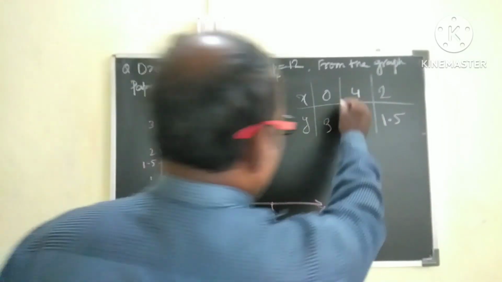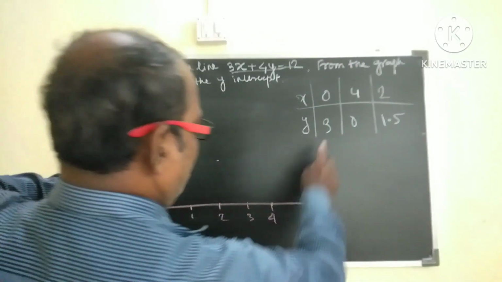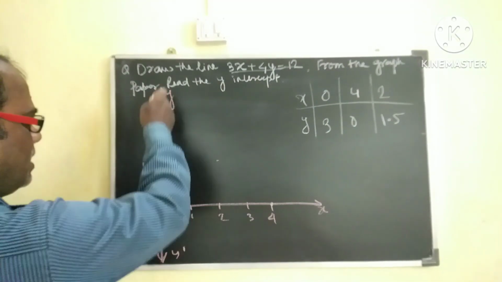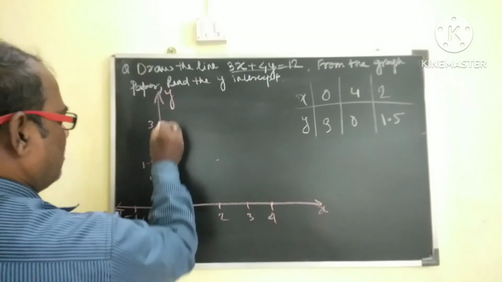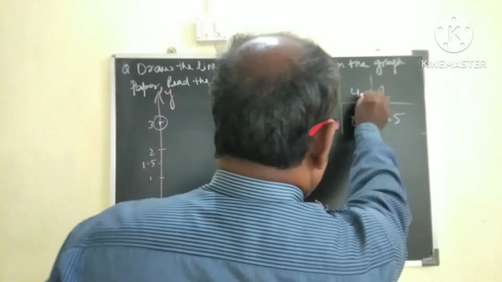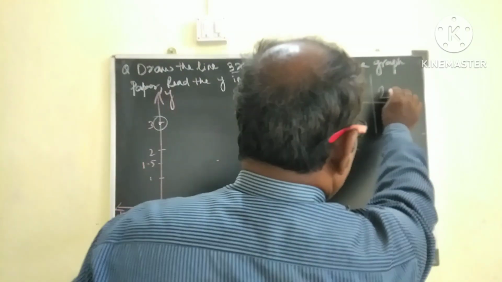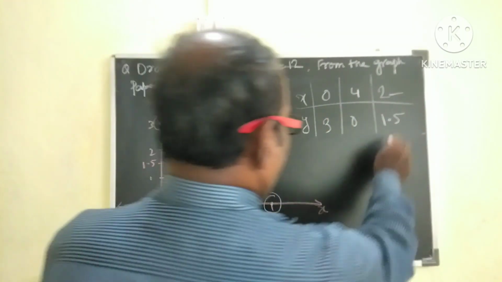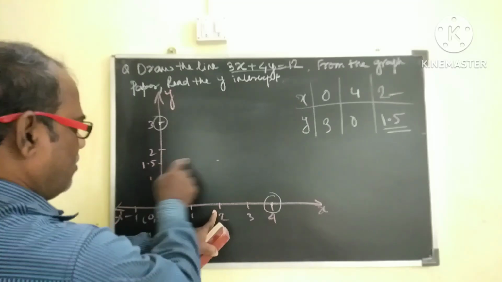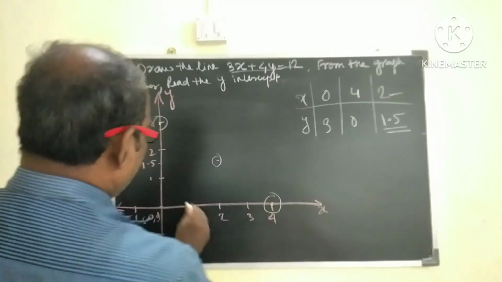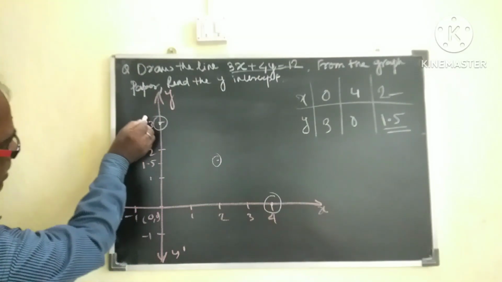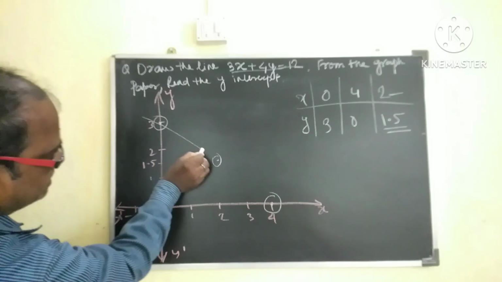Now we have to plot the point x equals 0 and y equals 3. So x equals 0 is this, and this is y equals 3. Next, x equals 4, y equals 0. So this is this point. And next, x equals 2, this, and y equals 1.5. 1.5 will be this. Now, joining these, we get the line